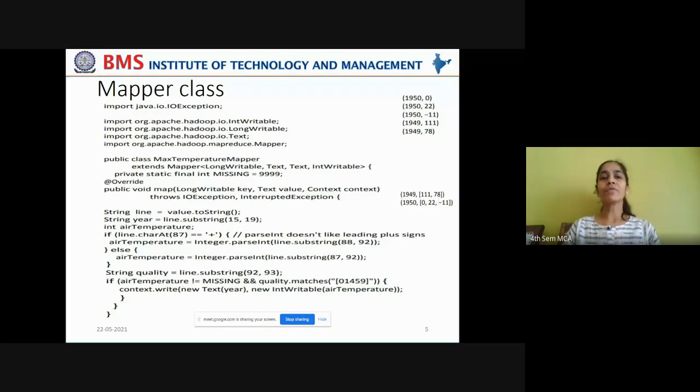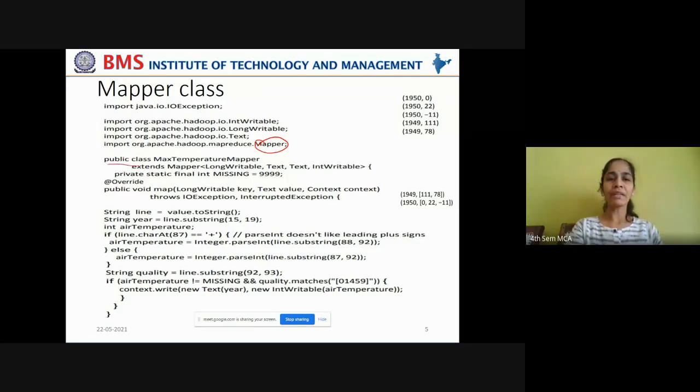We understood while writing this class that Hadoop has data types: IntWritable for Java's integer, LongWritable for Java's long, and Text for Java's string data types. And in order to override the map function, we need to extend the Mapper superclass into whichever class you write your map function's code in.